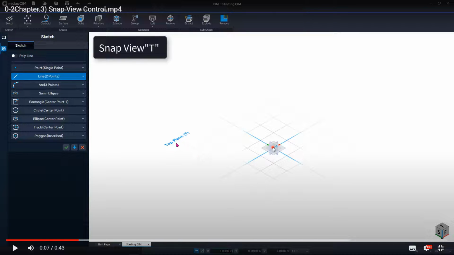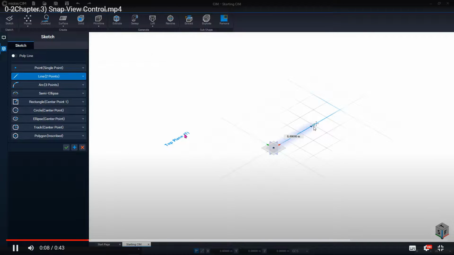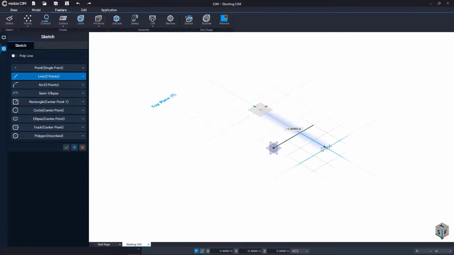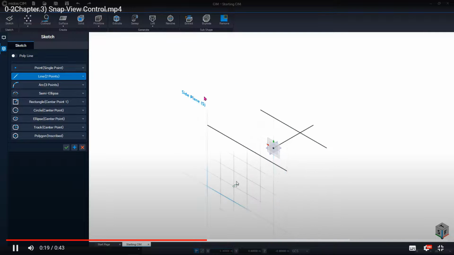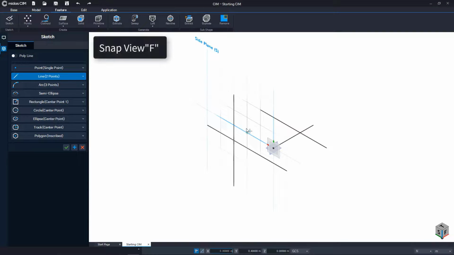So you can see the top plane in here. Wherever you move your mouse, the mouse will move on the horizontal plane, like the one shown in the video. And if you click a different button, like S here for the side plane, you can see the vertical side.